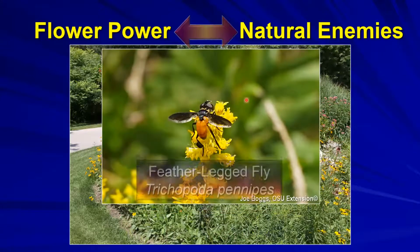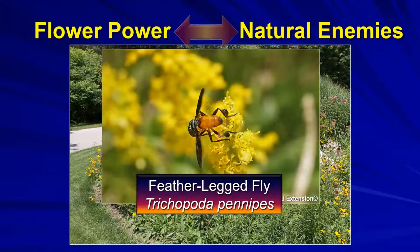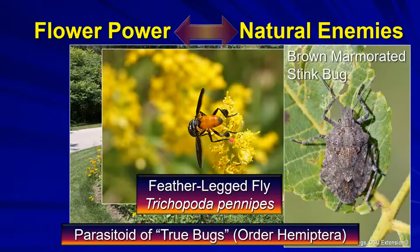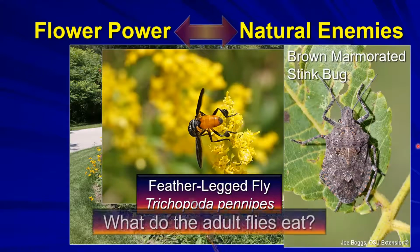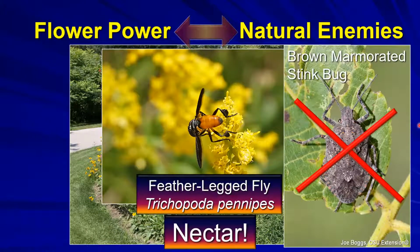Same for this little fly, the feather-legged fly, called that because it has these nice little feathery structures on there. It's a parasitoid of true bugs. Once again, brown marmorated stink bugs. What do the adult flies eat? Nectar. By the way, a little side note,